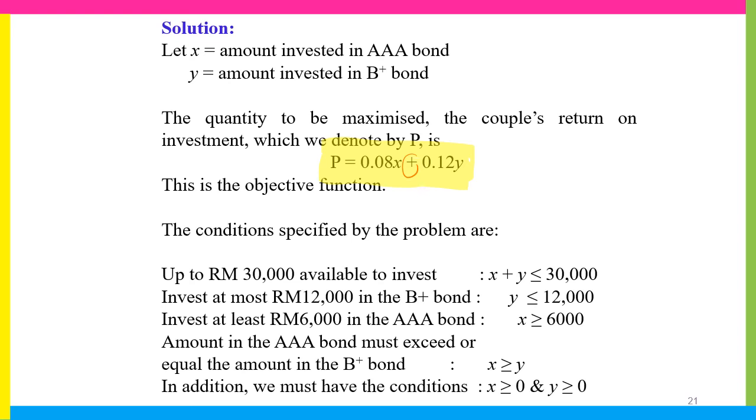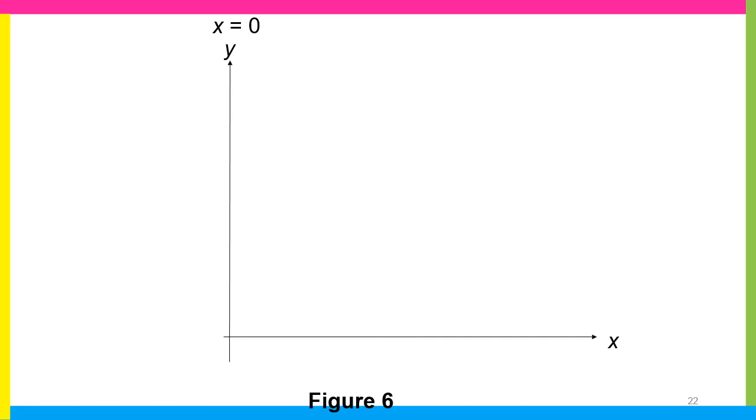So, in addition, we must have the condition X should be more than 0 and Y should be more than or equal to 0, because the money cannot be negative. Okay, so let's sketch all the constraints on the graph to see the feasible region and find the corner